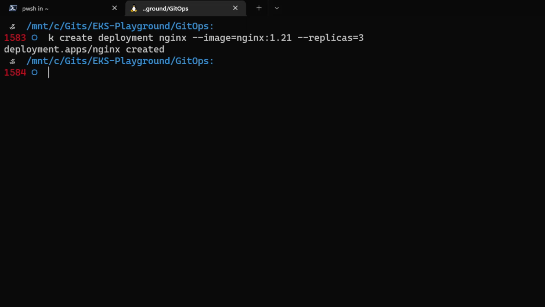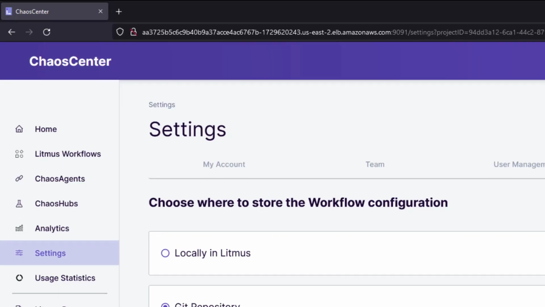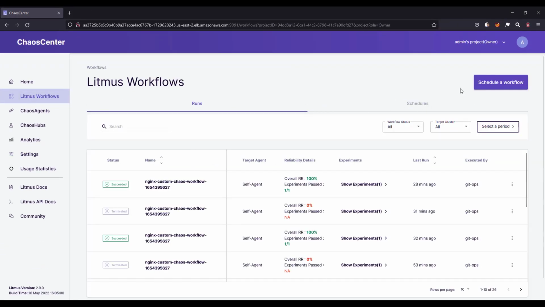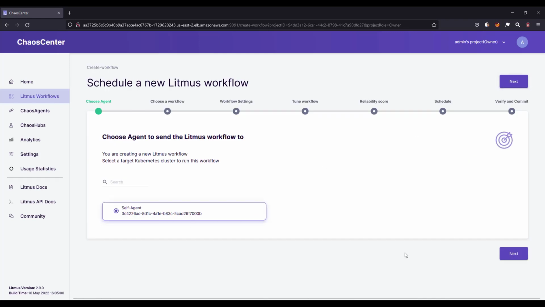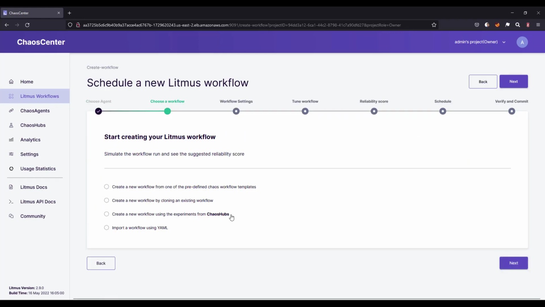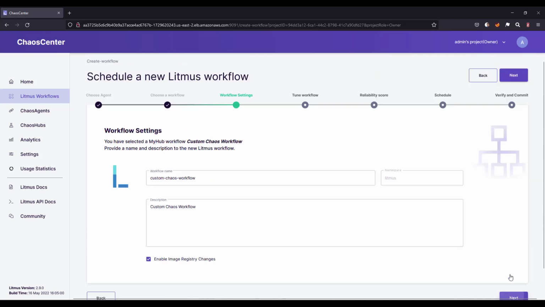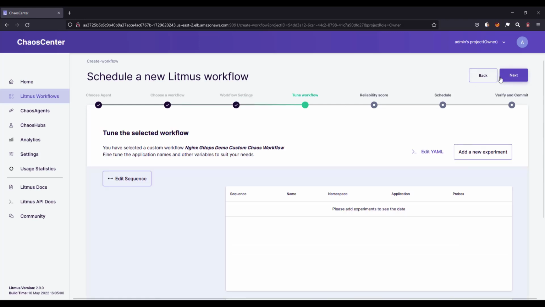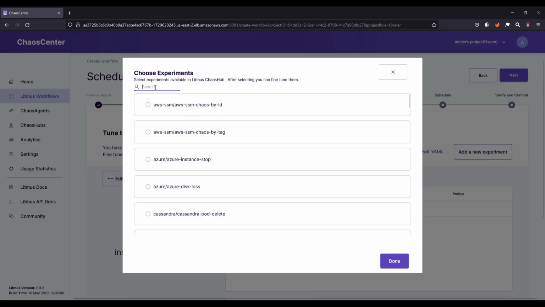So now let us annotate this particular deployment, but before that let us create a workflow in our Chaos Center. So just go to Litmus workflow and click on schedule workflow and just follow the on-screen prompts. And here let us give a name, Nginx GitOps demo custom workflow. And here let us add an experiment, say pod delete,